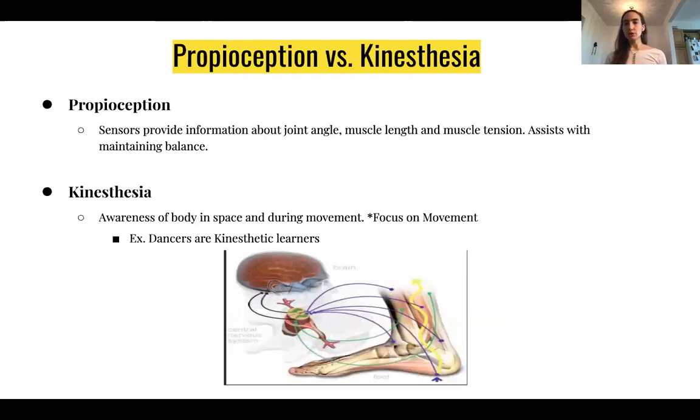Proprioception versus kinesthesia. We said proprioceptive organs. So what is the difference? We've heard these words before. Proprioceptive sensors provide information about joint angle, muscle length, muscle tension, and they help to assist